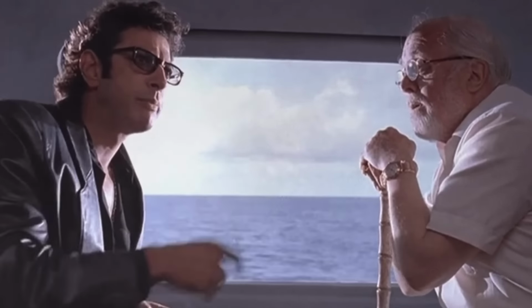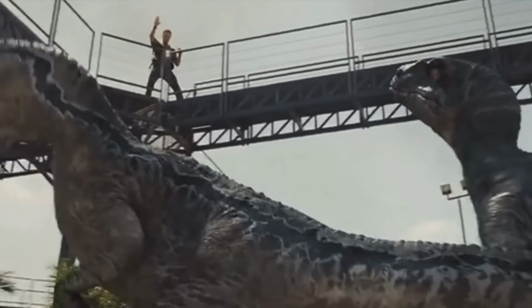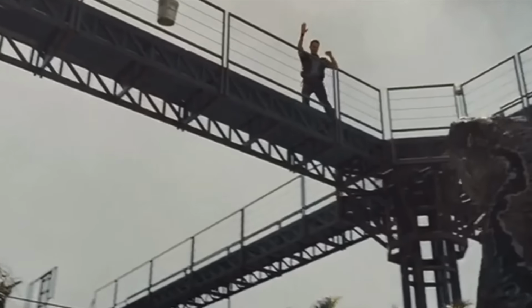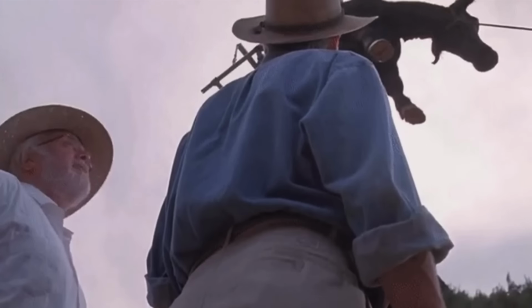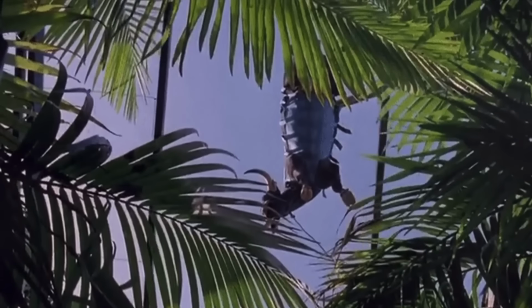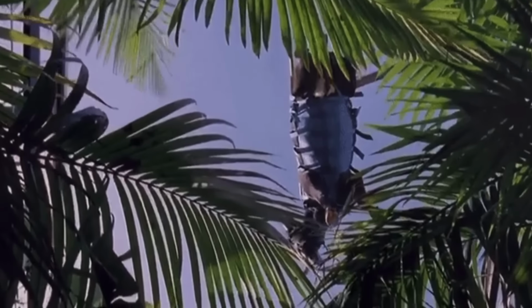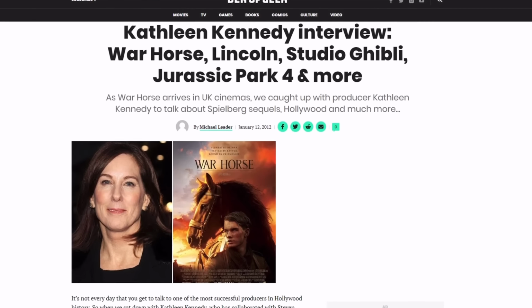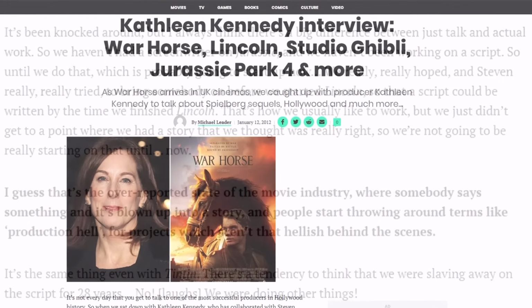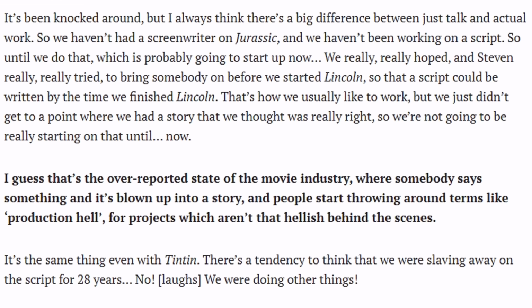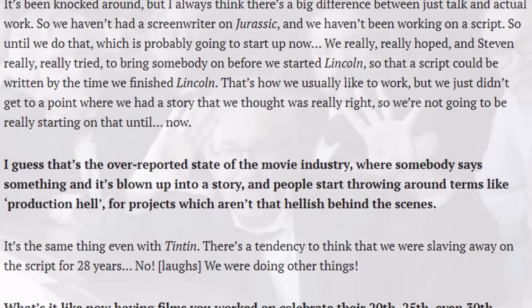Now, this leaves a lot of questions that are just begging to be answered about the work Mark Protosevich did on JP4, because it's essentially a story that never really got shown off in the sequel. Now, at the time, Kathleen Kennedy was actually interviewed and asked about the current status of JP4 around the time Mark left the project, and despite Protosevich stating that he'd written 2 story treatments for the film, both Spielberg and Kennedy had ultimately stated that they decided to go in another direction. Steven was hoping on getting someone on board to Jurassic before he went off to make Lincoln, but ultimately that just didn't happen.